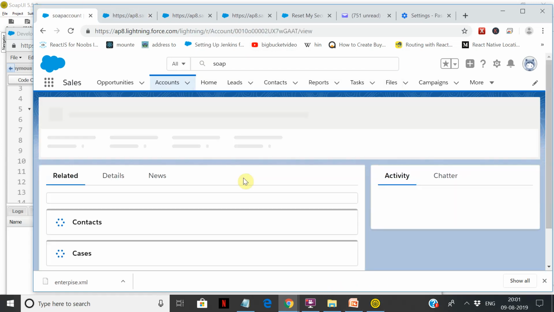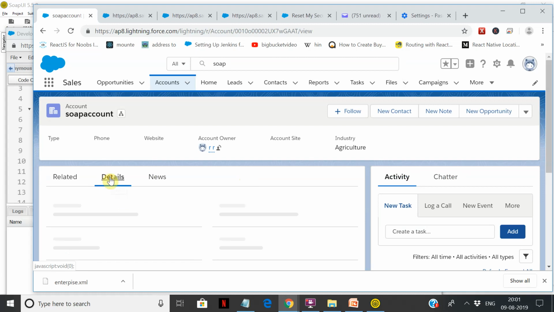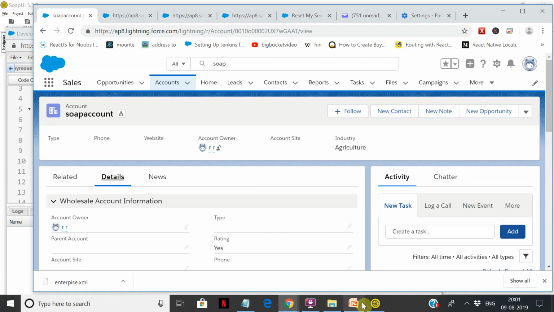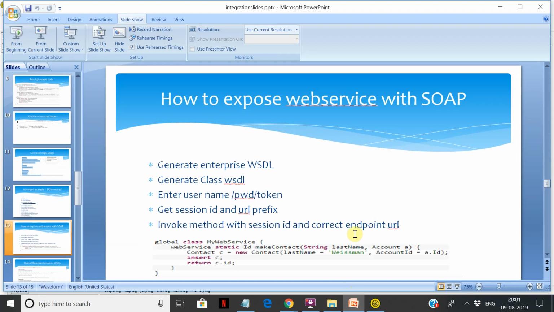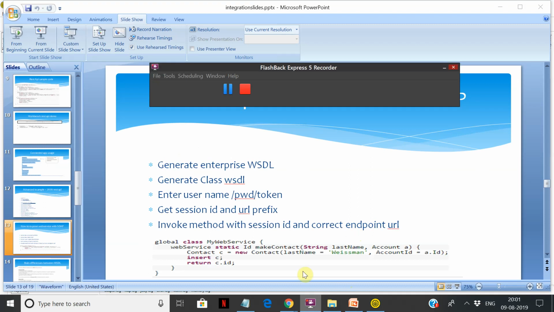Now I have given you an actual code example of how to call it from Java. So let's check out the SOAP here. Yeah, SOAP account. This is the account which has got created from the SOAP web service, which is awesome. So try the steps, go back and stop the video here, retry the steps again, create a new project, download